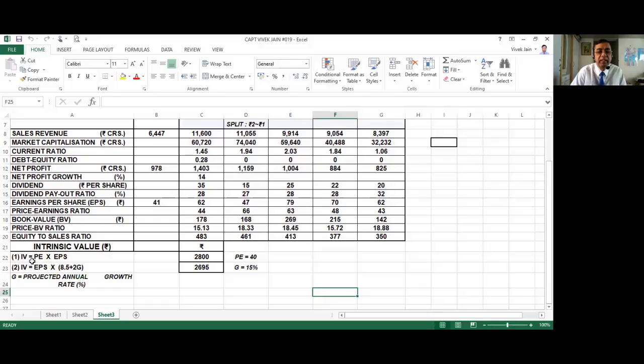Now we see the intrinsic value by simple formulae, where I have taken a price earning of 40, which is considered to be normal for a good FMCG company, and that multiplied by the latest earning per share of 62 works out to nearly 2,800 rupees. And if we take Benjamin Graham's formula with the growth pegged at 15%, which is quite handsome for any company for that matter, it is coming to 2695. So from 2695 to 2800, as we see,